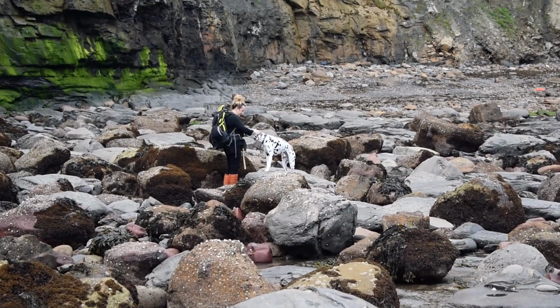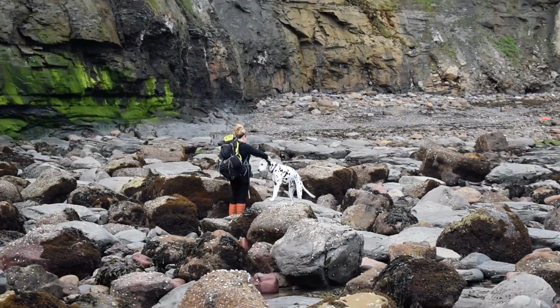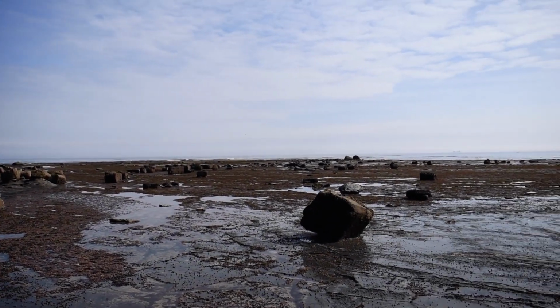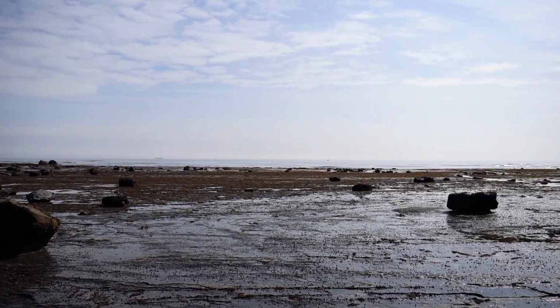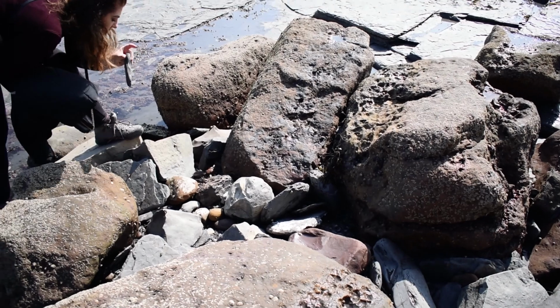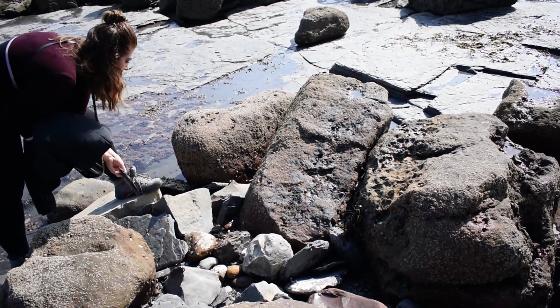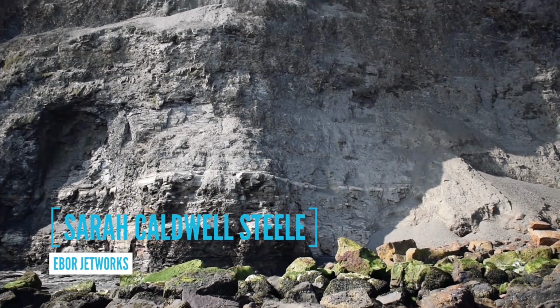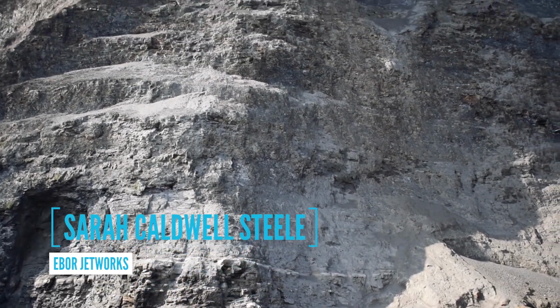After seeing how the jet was cut, I was interested in seeing where the Victorian miners would have gotten the raw material, so we took a trip out to the beach to see some Victorian mines. Here, Sarah explains where the jet forms in the cliffside and where both Victorian and modern jet miners looked for the now rare material. We're stood on the grey shales, and then obviously that's the top jet dogger, which you